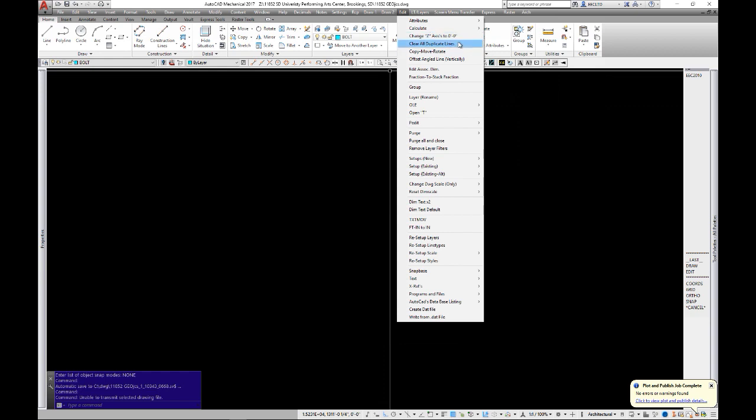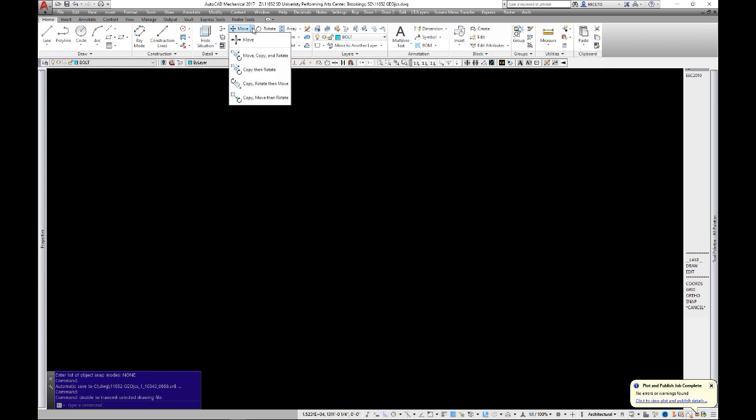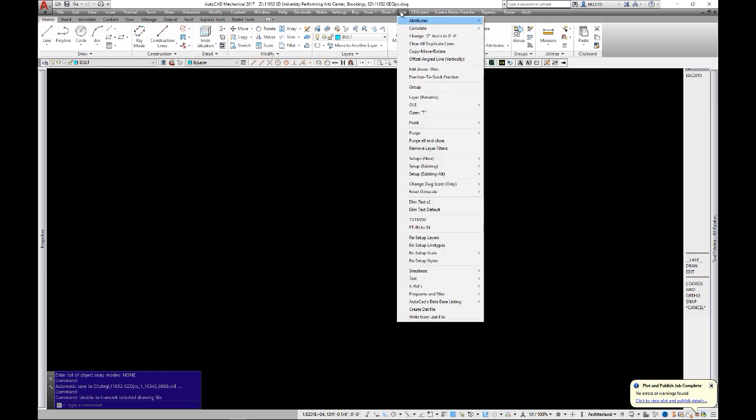These two, I don't use. Copy, move, and rotate. That's now right over here. Move, copy, rotate. Angled,